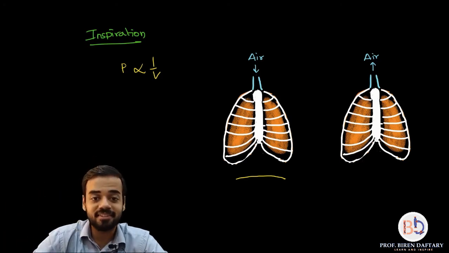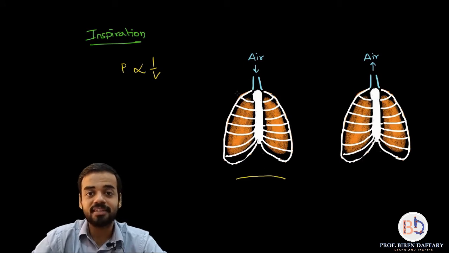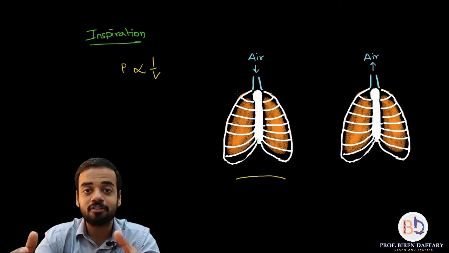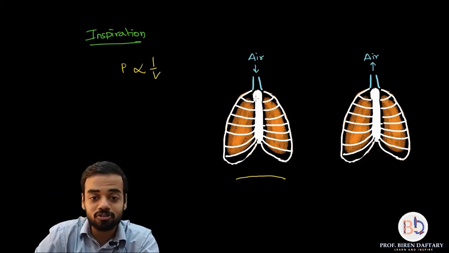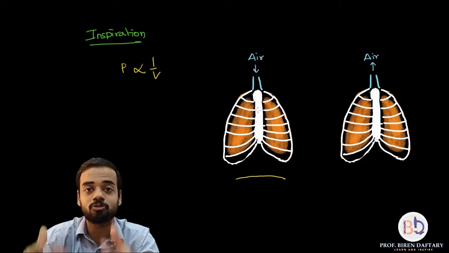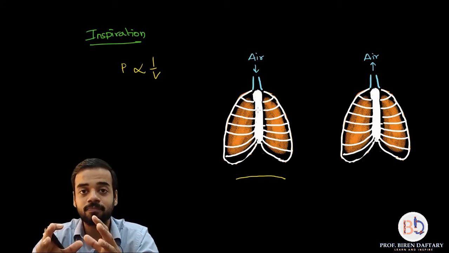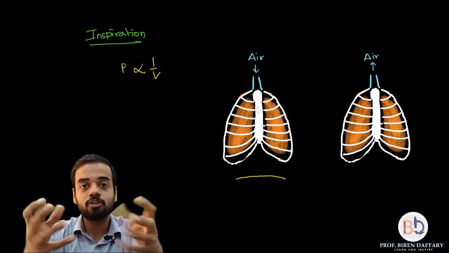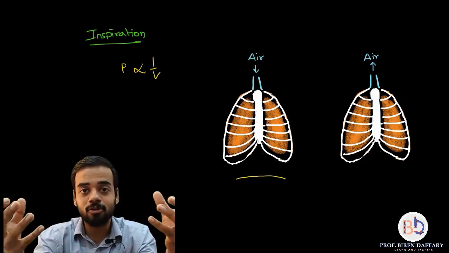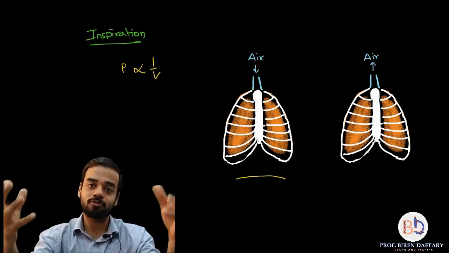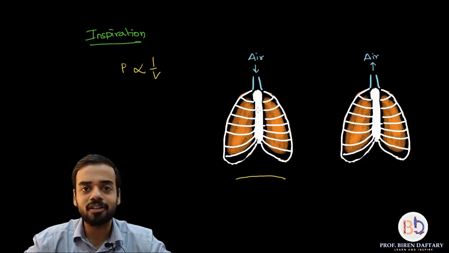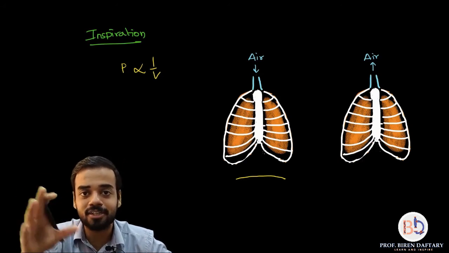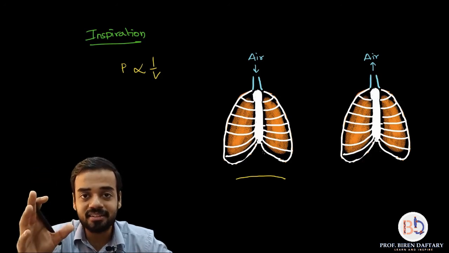Because pressure inside this thoracic cage has decreased. Why has the air pressure decreased? Because the thoracic volume has increased. Why is the thoracic volume increased? Because both the muscles have contracted and they have made more space. Is this clear? So now all your alveoli are filled like balloons, so they will expand. Obviously if the alveoli are filled up like balloons and they inflate, the lungs will also inflate. But there is space for the lung to inflate because that arrangement has already been done by both the muscles. Is this clear?